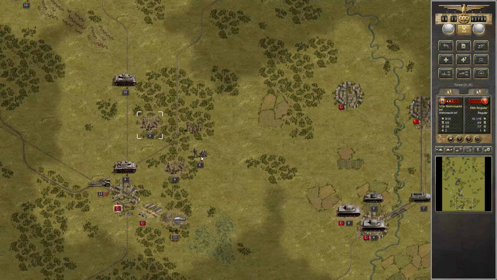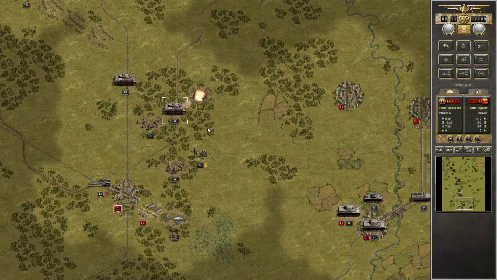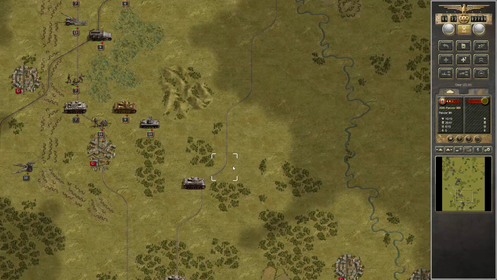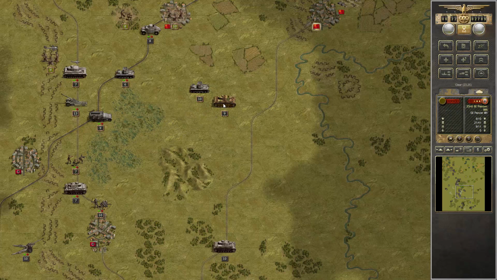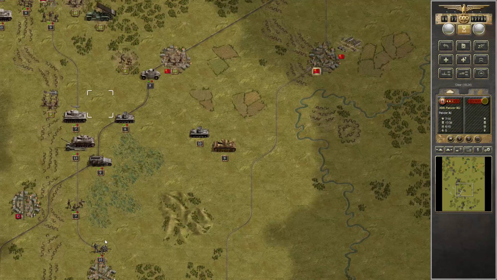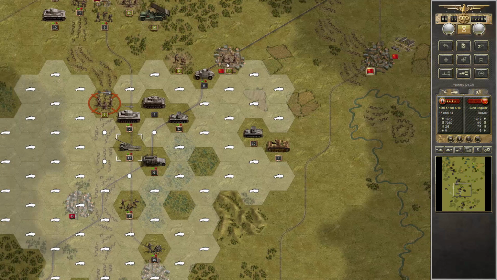Mass attack once again. And the pocket of Bryansk is collapsed. So we can start pushing ahead now. Scout tank, very useful, and as expected, the way is clear. We are making extremely good progress here, and we can bring in forces to support our attack on Bryansk, on Yuknov,